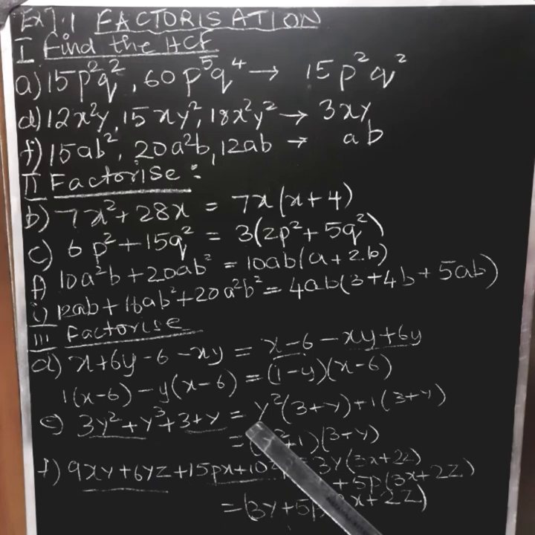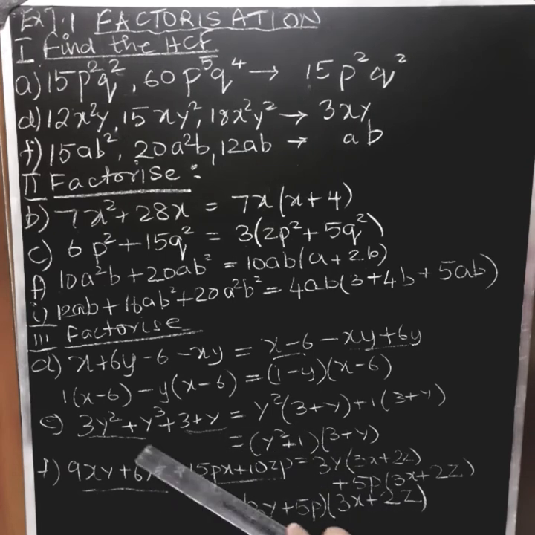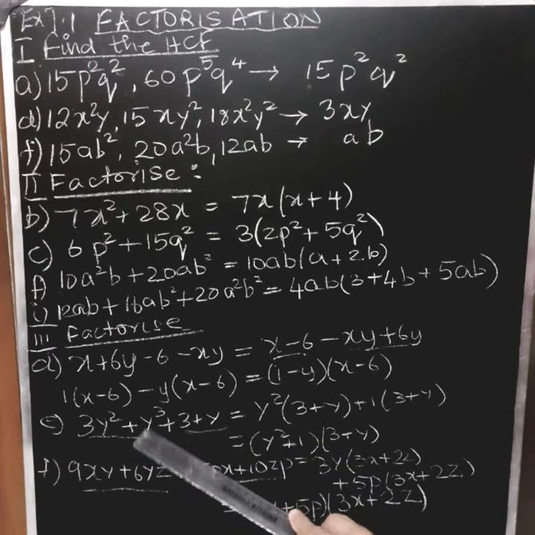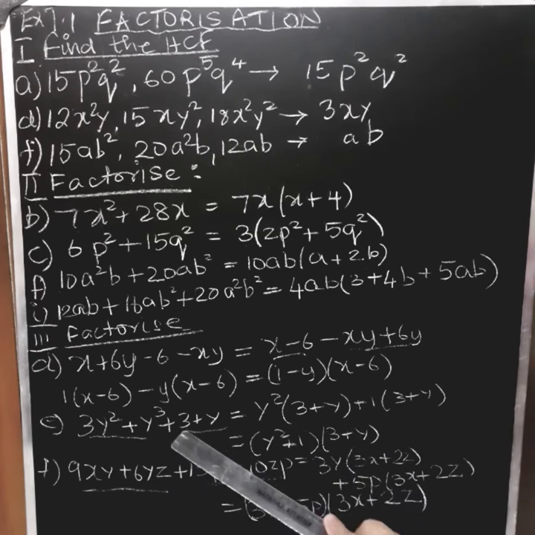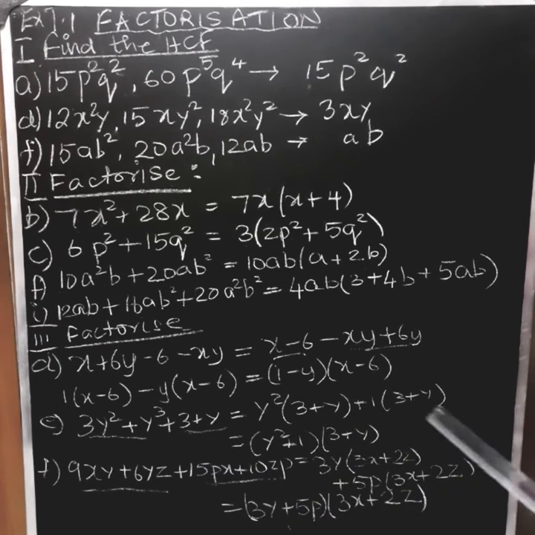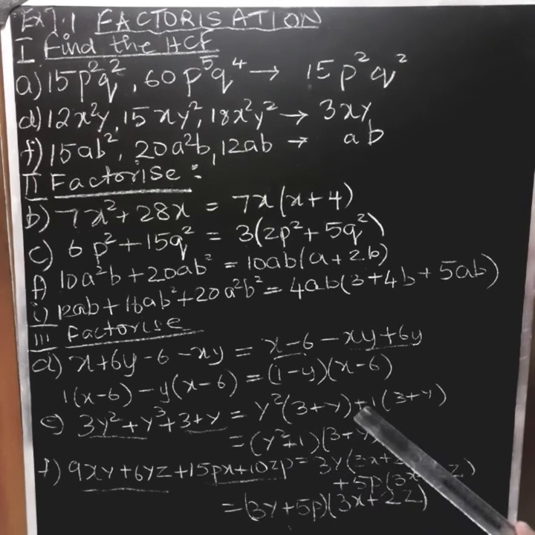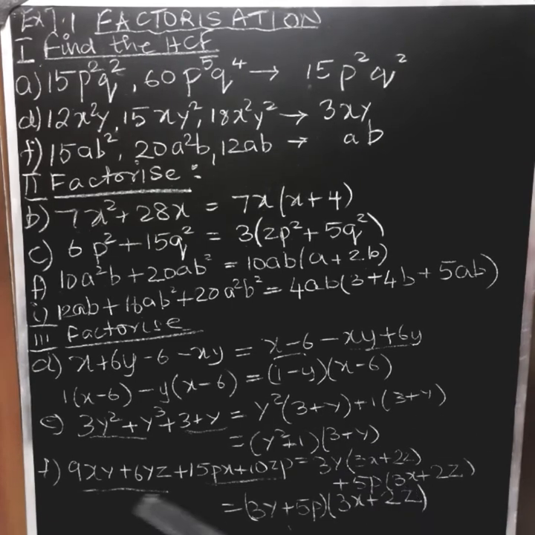Now again in this y squared is coming out, the HCF is y squared, so I got 3 plus 5. Here no number, so 3 plus. Now again in these two, both this is common, so y squared plus 1, and we write the common. Again in this one also I took out the common, 3y. Here I took out the common, 5p. Again these two are same, so 3y plus p into 3x plus 2.